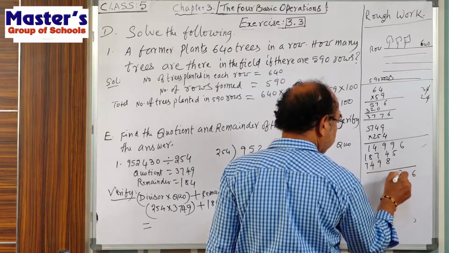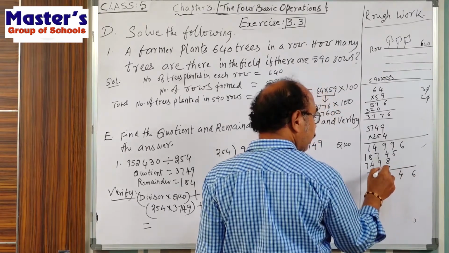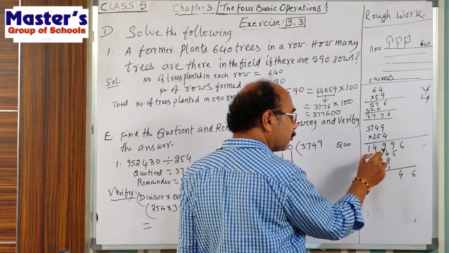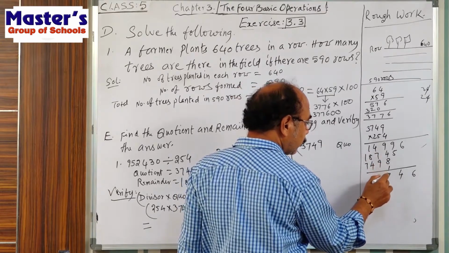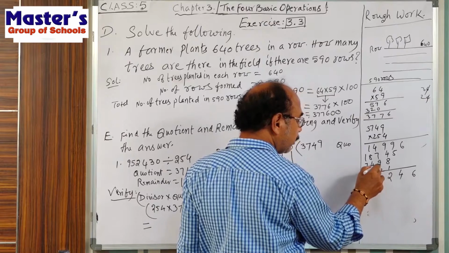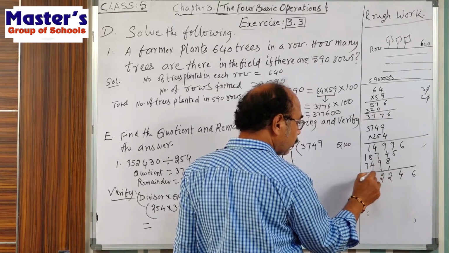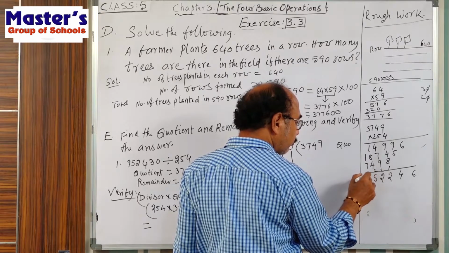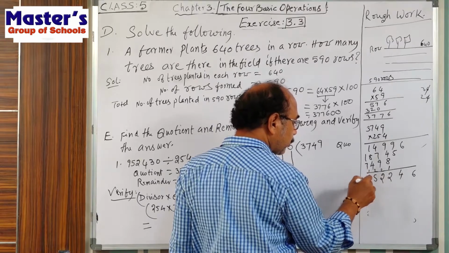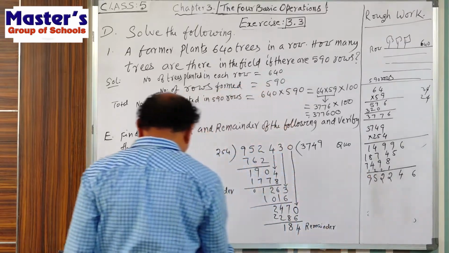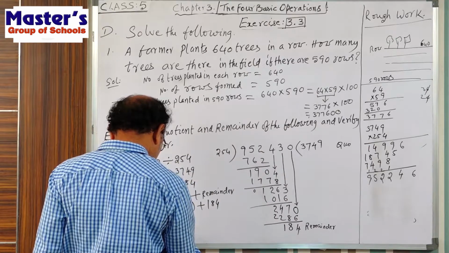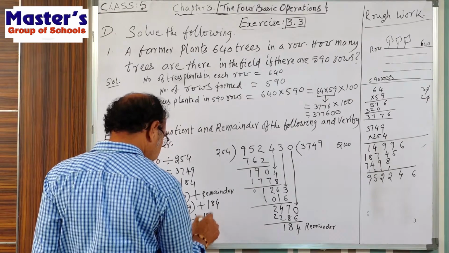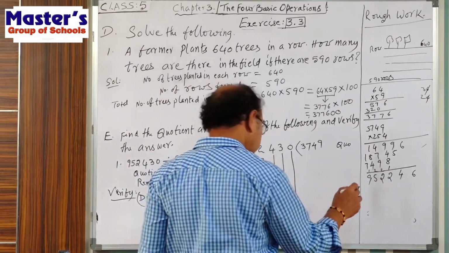Add. 6, 9 plus 5 is 14, 4 here, 1 carried, 8 plus 1 is 9, 9 plus 4 is 13, 13 plus 9 is 22. 2 we have. 9 plus 11, 11 plus 1, 18 plus 4 is 22. We have 2, right. 4 plus 2 is 6. 6 plus 8 is 14. 14 plus 1 is 15. 5 1 is there. 7 plus 1 is 8 plus 1 is 9. So 952246. To this what we have to add? Remainder 184. Add 184 to 952246.